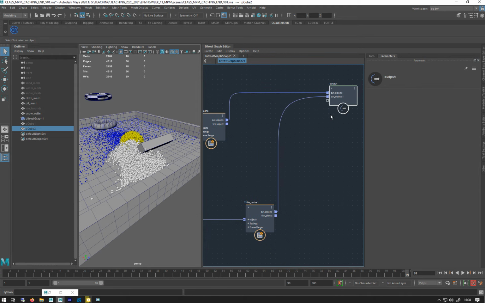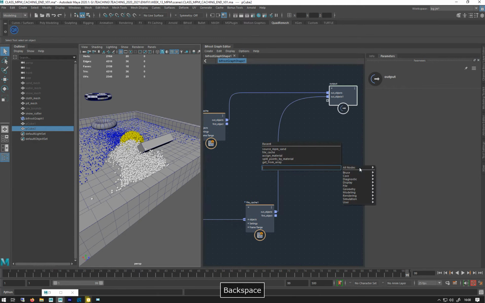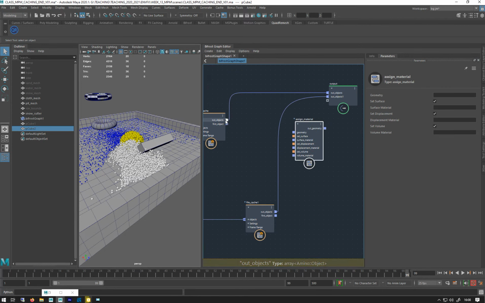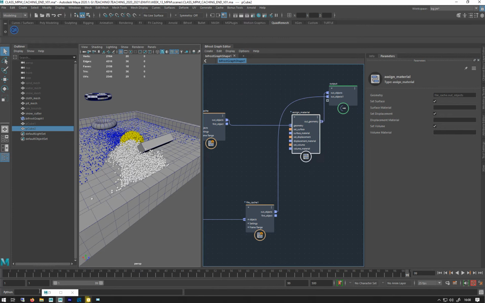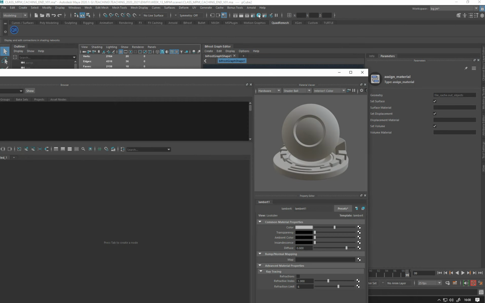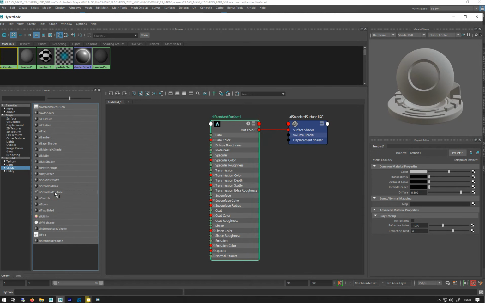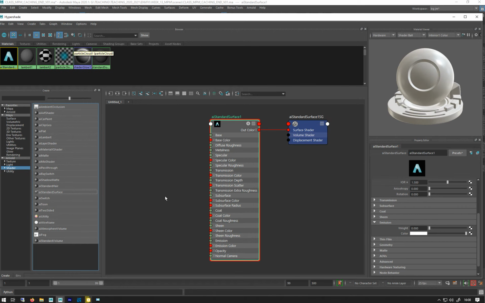Now, what we can do is obviously an assign material. And we can plug in the output of that into that. And then go to this guy, make a shader, AI standard surface, then